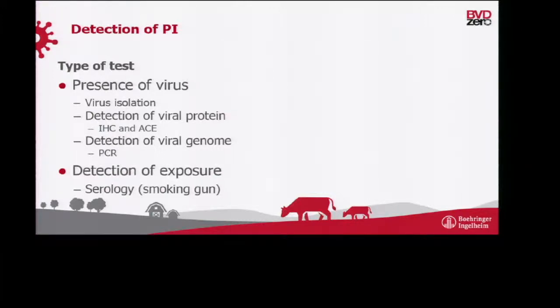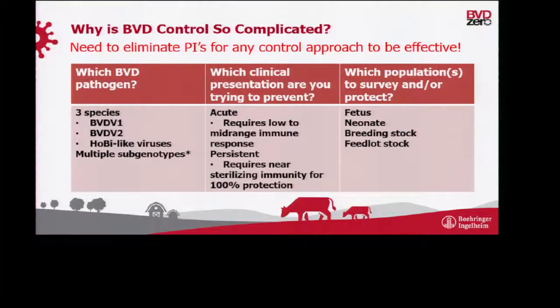In any detective situation, if a guy would walk into a room and all he sees on the floor is a gun that has smoke coming out of the end of the barrel, what you know is the gun's been fired. You don't know who's been hit, you don't know who fired that gun, but you know something happened. A positive serology doesn't really tell us when it happened, how it happened, or what the damage was from it happening. So it can be used, but it has to be integrated with other components of a control program.